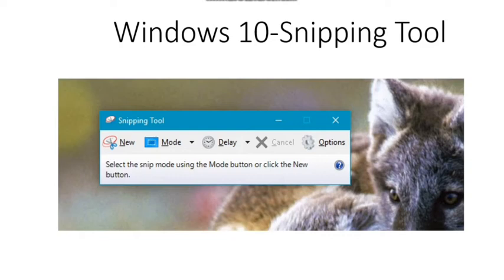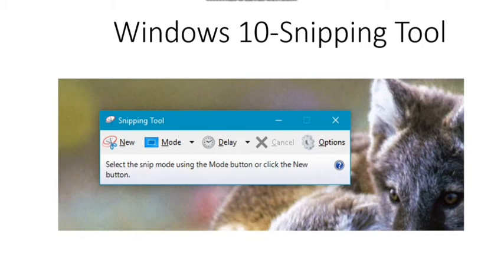Now here is what each of the main buttons does. What are their functions? The new button allows you to take a screenshot. If you are using Windows 7 or Windows 8.1, before you actually take the screenshot, new option also lets you select the type of the screenshot that you want to take.